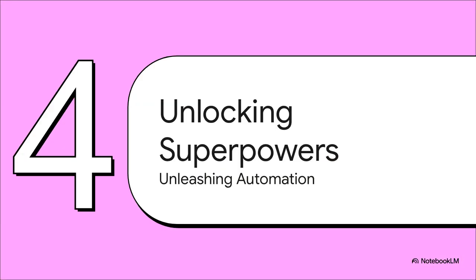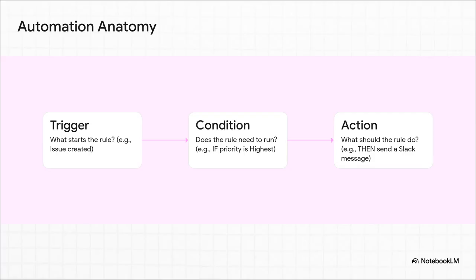All right, we've set up our process, we've visualized it on the board. Now it's time for the pro move. It's time to make Jira work for us. Automation is the absolute key to enforcing consistency, boosting efficiency, and just getting rid of all those tedious manual tasks that slow teams down. Every single automation rule, it doesn't matter how complex it seems, is built from these three